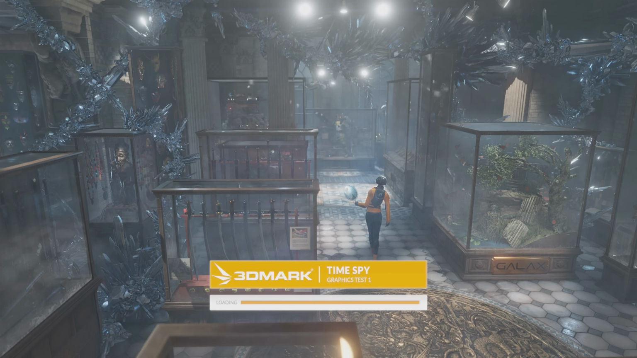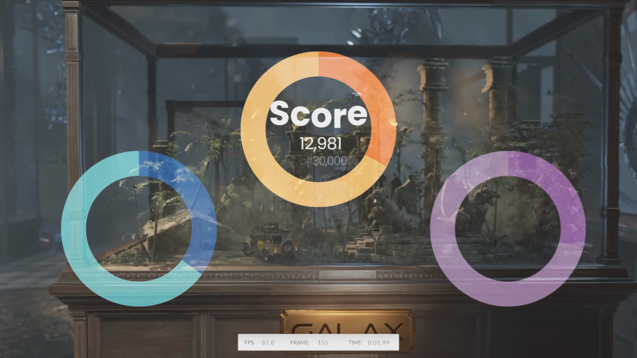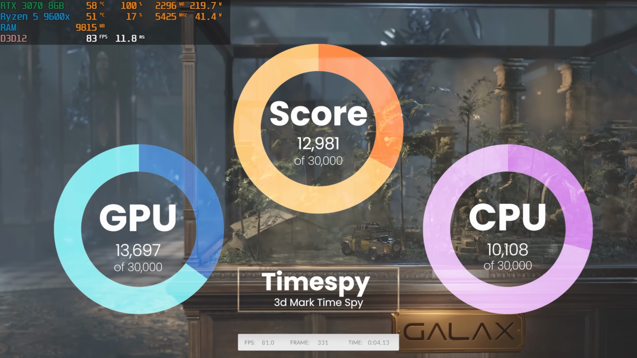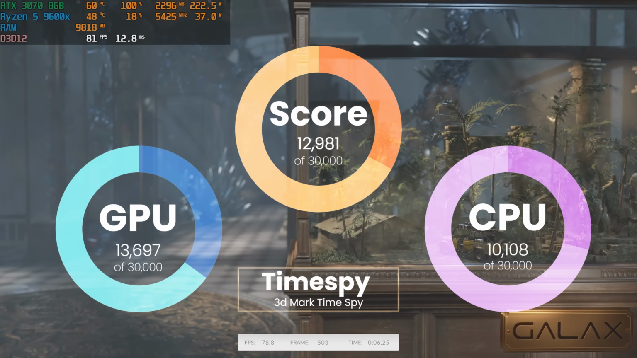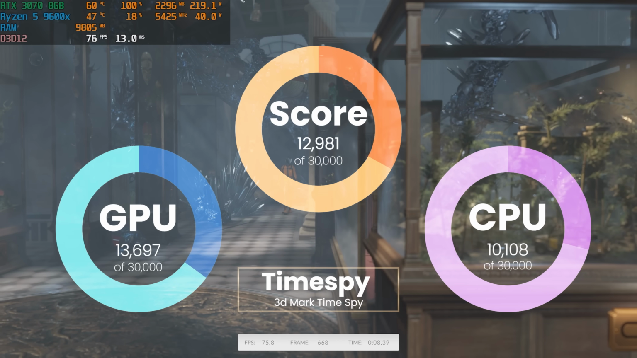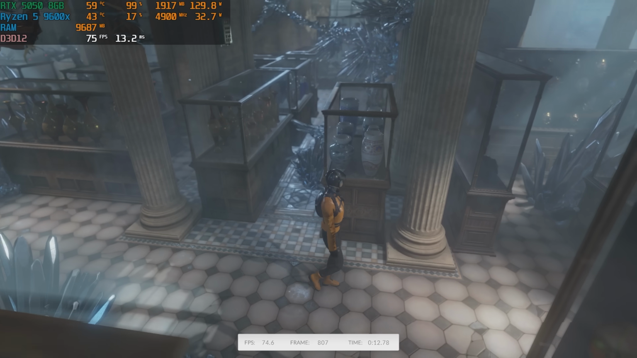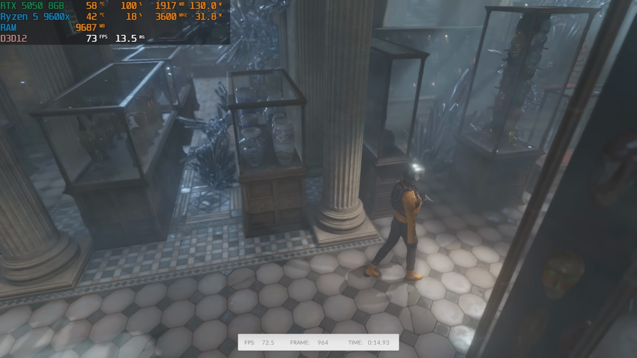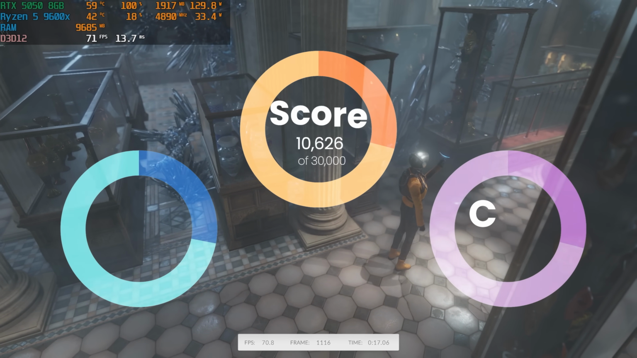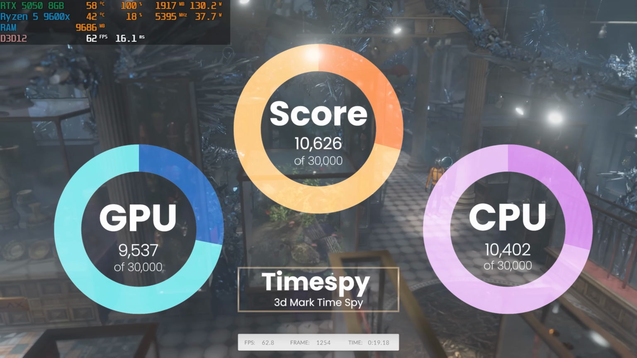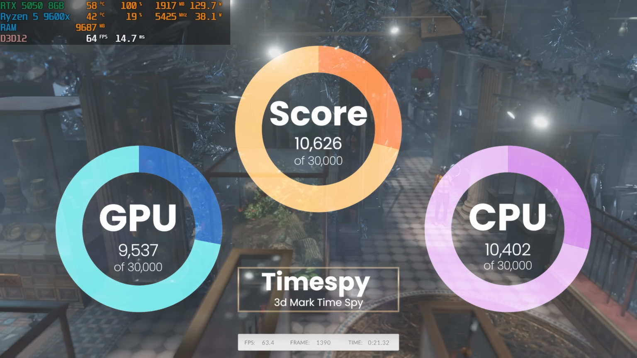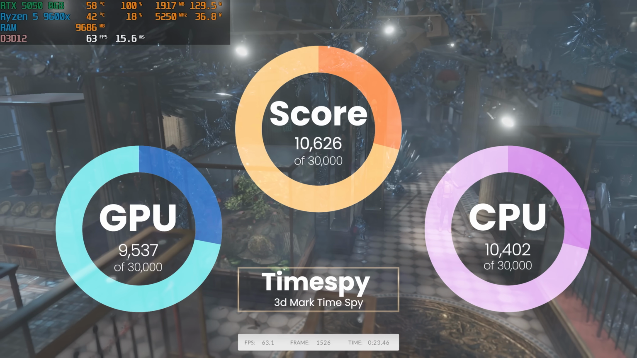So firstly, we ran 3D Mark Time Spy, and the RTX 3070, I gotta say, did a lot better than I thought it would. We got a total score of 12,981, with the GPU getting a score of 13,697 and the CPU getting 10,108. That's a pretty good score for the RTX 3070. And then the RTX 5050 still did pretty good. We got a total score of 10,626, with the CPU actually dropping to 9,537